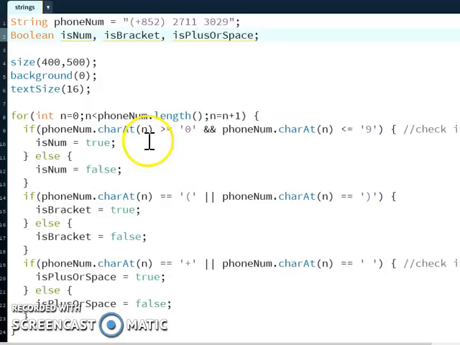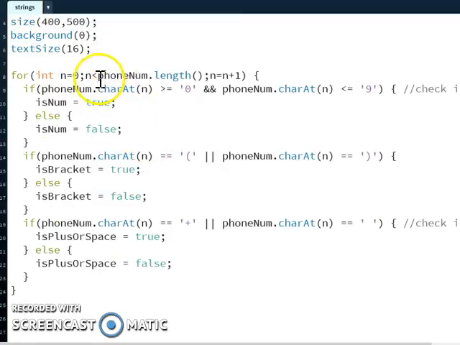Okay. Now this does this for every single character, so one character at a time it tests. If it's not a number, that'll be false. If it's not a bracket, that'll be false. And if it's not a plus or a space, that'll be false. So if all those three are false, then we have an illegal character, don't we? So after checking all of those three,